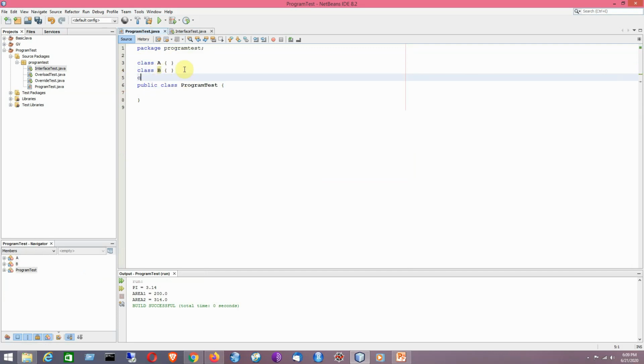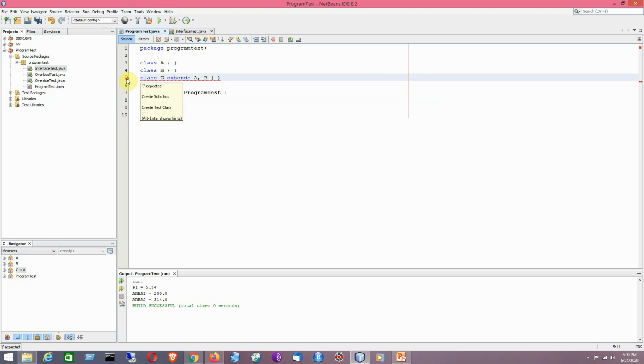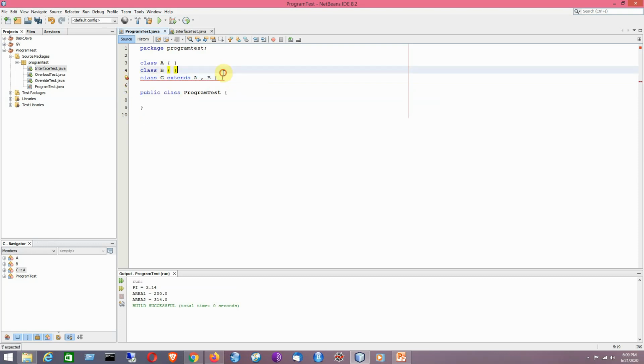If I write class C extends A, B, it is not allowed in Java, because multiple inheritance is not allowed in Java.